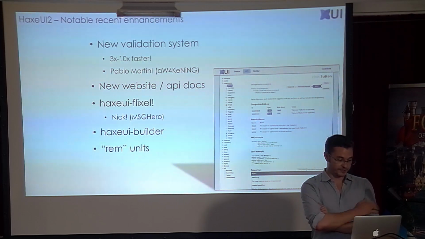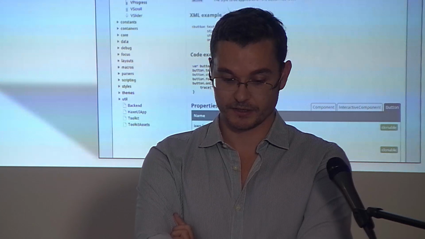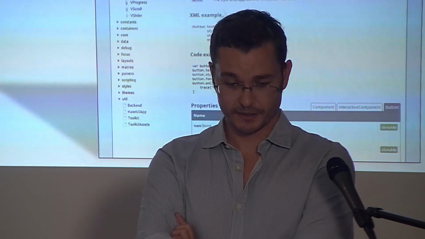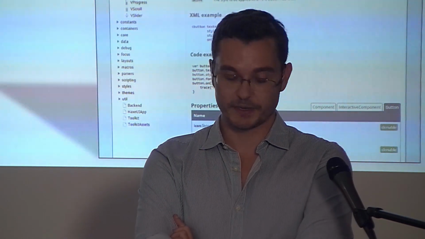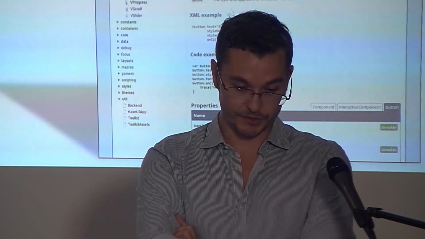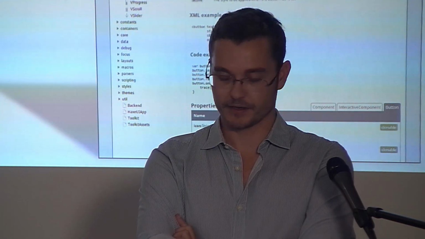So the first one to mention, which is really important, is there's this new validation branch that mainly Pablo Martin, aka Awakening, has been working on, which uses, I think, a Starling type validation system. And the results are fantastic. It's about 3 to 10 times faster across the board. It depends on the backend you're using, but if you're using the HTML5 backend, it can be 10 plus times faster. For other ones, a little bit slower, but it's still a huge increase on the base master validation